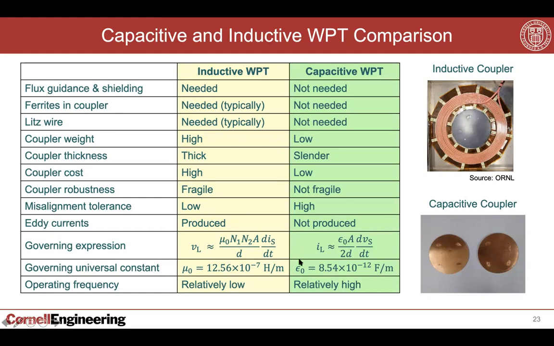The only way, or at least the major way, in which a capacitive system can catch up is the fact that these induced voltages and the displacement currents really depend on the rate at which either the source current is changing in the inductive system, or the source voltage is varying in the capacitive system. And so by going to high enough frequencies, you can make the capacitive system catch up to the inductive systems. But that does mean that you have to operate at much higher frequencies compared to the inductive system